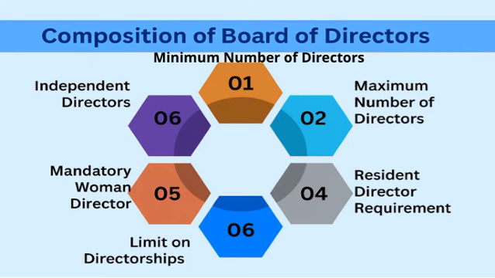Let's talk about the minimum number of directors required for a company. This is an important aspect because it ensures there's enough governance and oversight to run the organization effectively. The specific minimum number can vary depending on the jurisdiction and the type of company, but generally, having at least